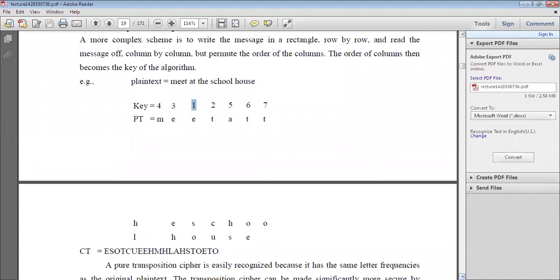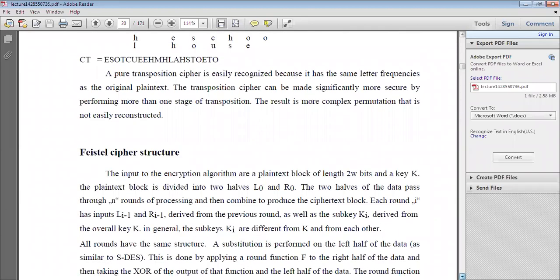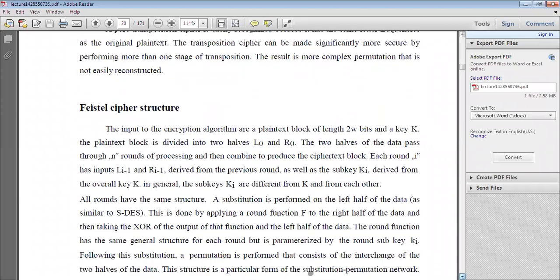Now in today's class we will discuss the Feistel cipher structure. Mainly we represent the cipher structure like this. The entire plain text is divided into blocks with a length of 2W bits, where W can be 16 or 32, so you can represent it as 64 bits. So you use 64-bit blocks: 32 bits are taken as the left side and 32 bits as the right side.